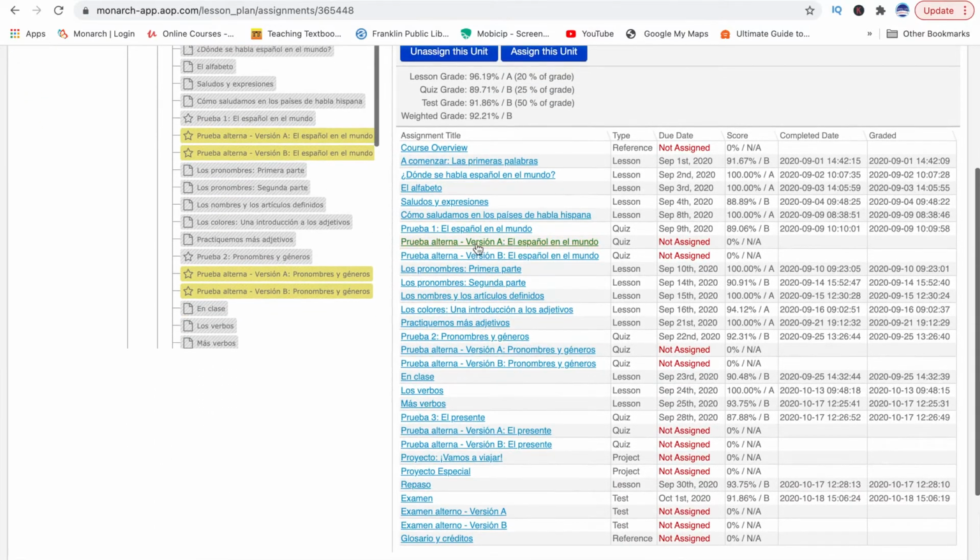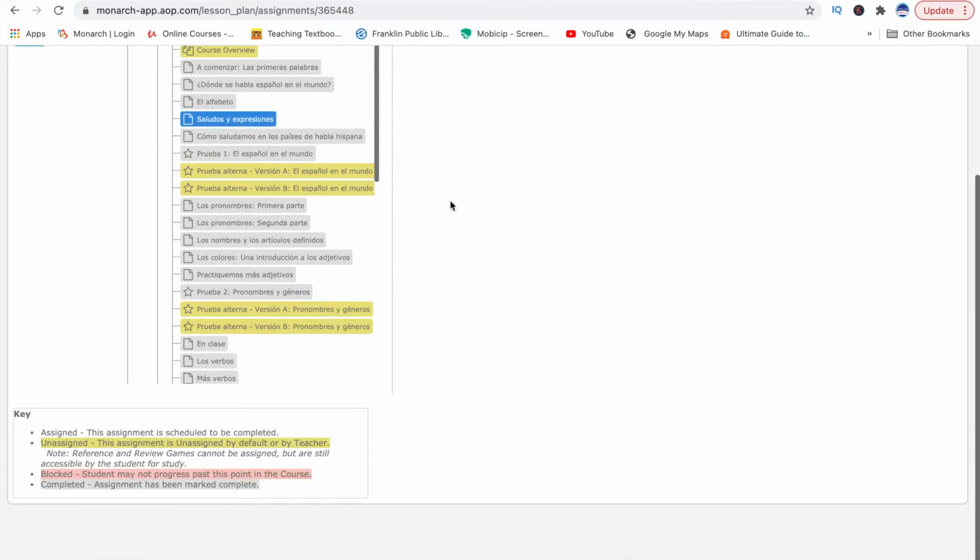In the parent dashboard, you can also set parental notifications. So if you want to be notified every time your student gets below, say, a C average on an assignment, Monarch will let you know after they've completed the assignment that it did not meet the requirements that you set